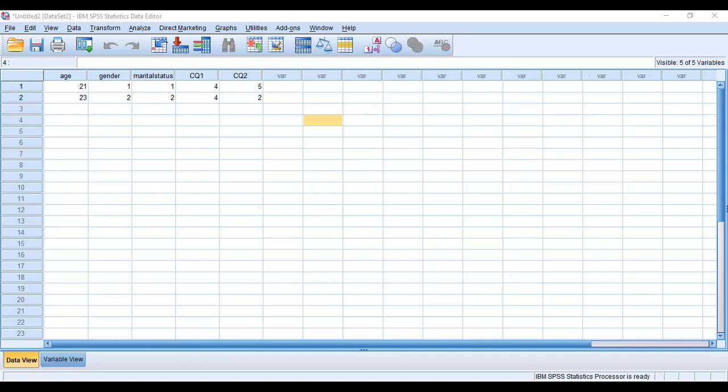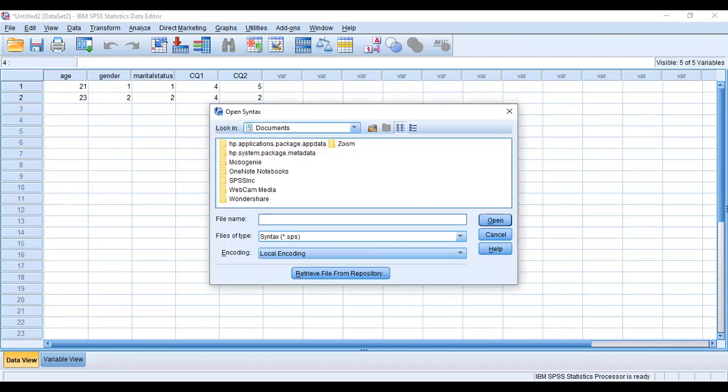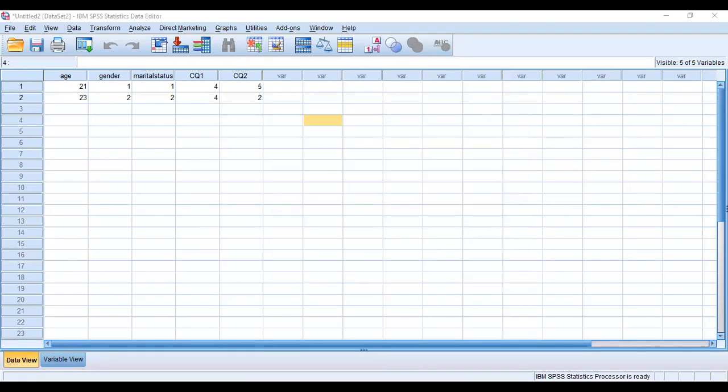So it has mentioned here that you have opened a new file. Okay. And syntax is from here. You go to open syntax. Okay. So here you have to open a syntax file, or you can save it somewhere. I'm not going to go into syntax too much in detail.